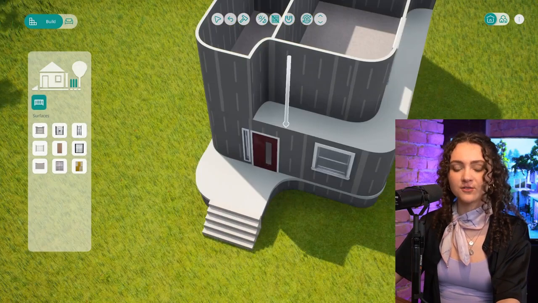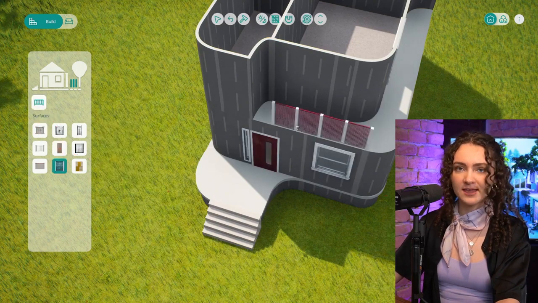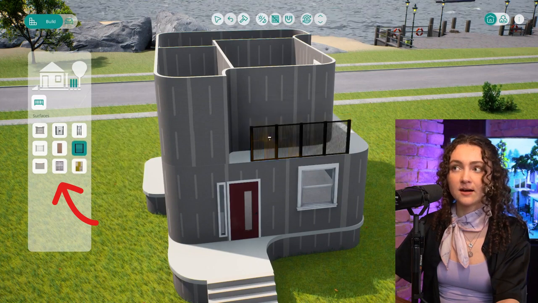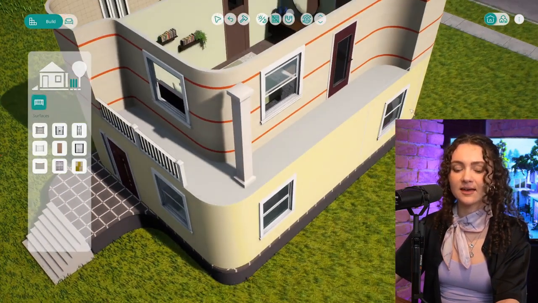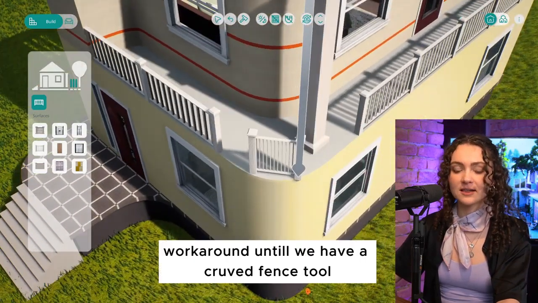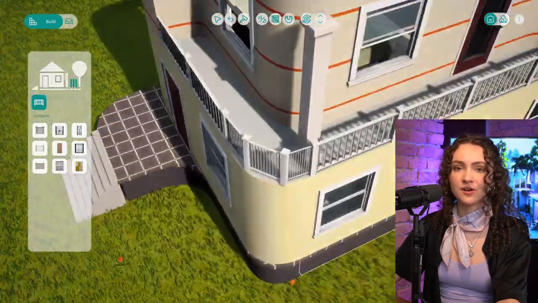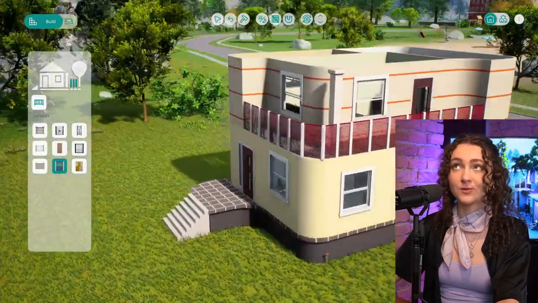So in the current version, you have to select the fence tool first, draw a basic fence, and then you can apply the different colors. We are working on it to add a feature where you can directly select the fence you like and draw with it. But I think we will still keep the recoloring feature because it's great. You can just turn your fence into the style you want and you don't have to redo it from the